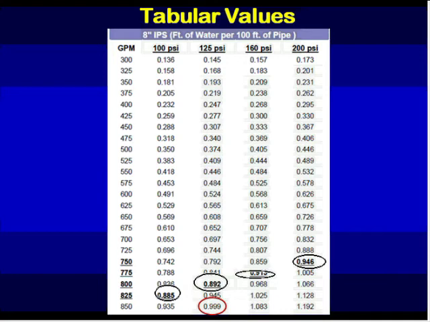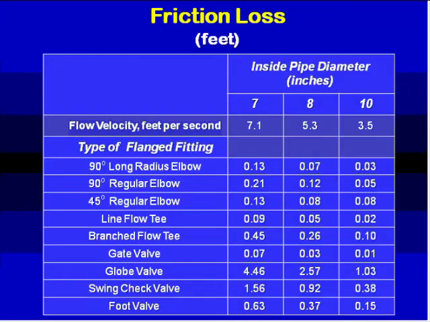In our case, if you remember the calculation, we have 5.31 feet per second, and so our value is just close to the bottom of our chart here, 0.999, or essentially 1.0, is the factor that we would use. Now, to get the accessory friction loss numbers, we're going to look underneath our 8-inch pipeline size here in this column. The flow velocity that we calculated in the